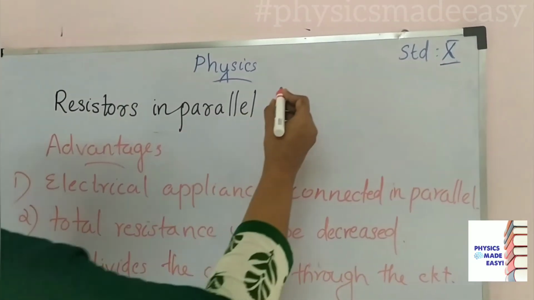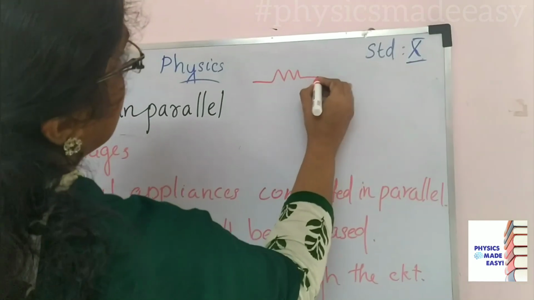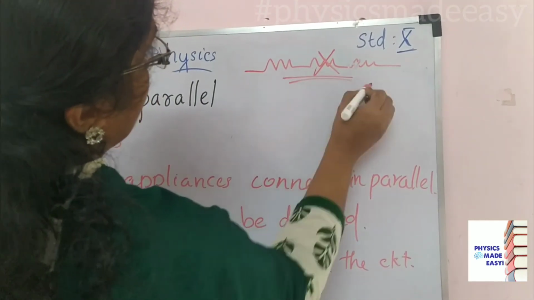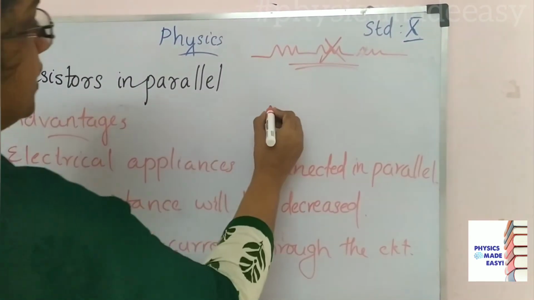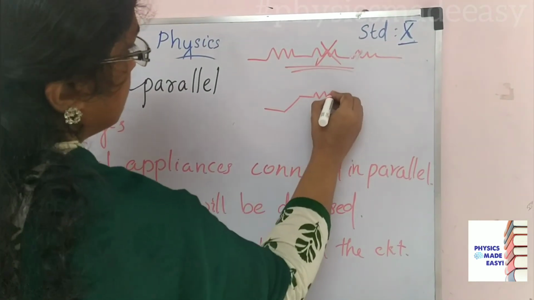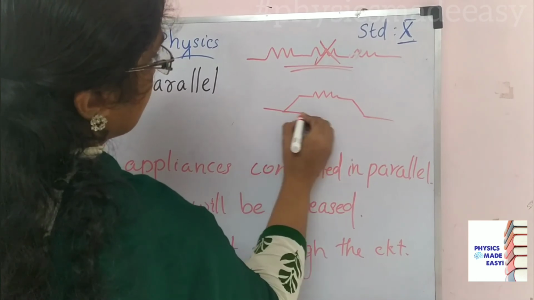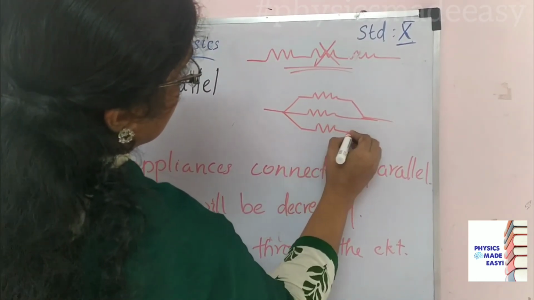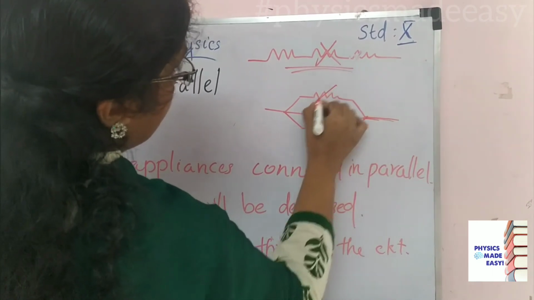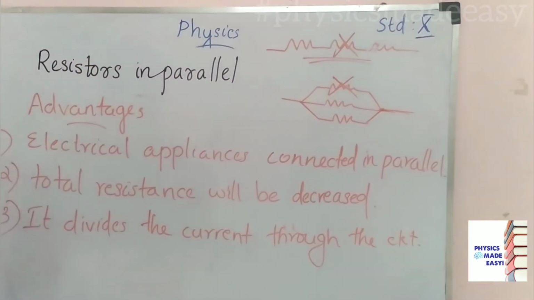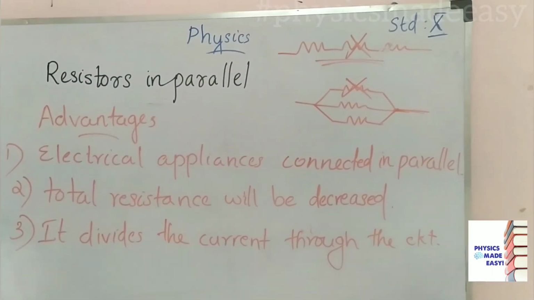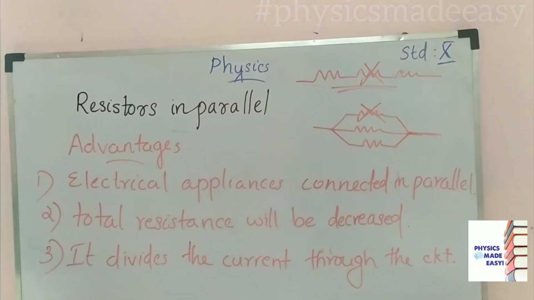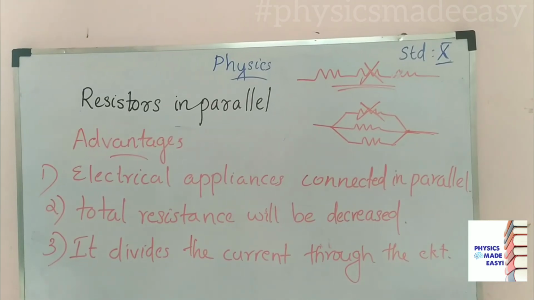Here another one advantage also, here I told you, in series combination, if one is getting damaged, what will happen? The others cannot work. But here this is parallel combination. Here if one is getting damaged, the other appliances can work, other components can work. Why means all these are connected across the same points.